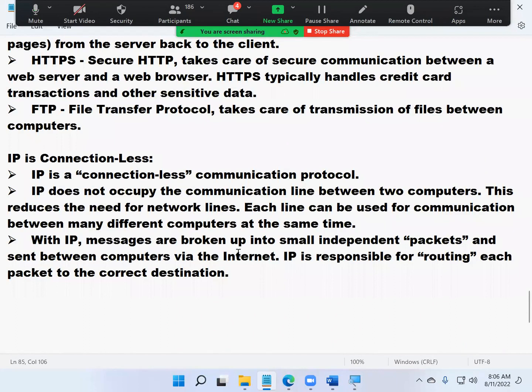What do you do? You come to the counter, serve what you want, and leave the place for the others to come. It's exactly the same process here. You went to the server, got your response, and left. If you want something again, you go back to the counter. So this is also exactly the same process. That's why IP is connectionless. Don't forget this: IP is a connectionless communication protocol.